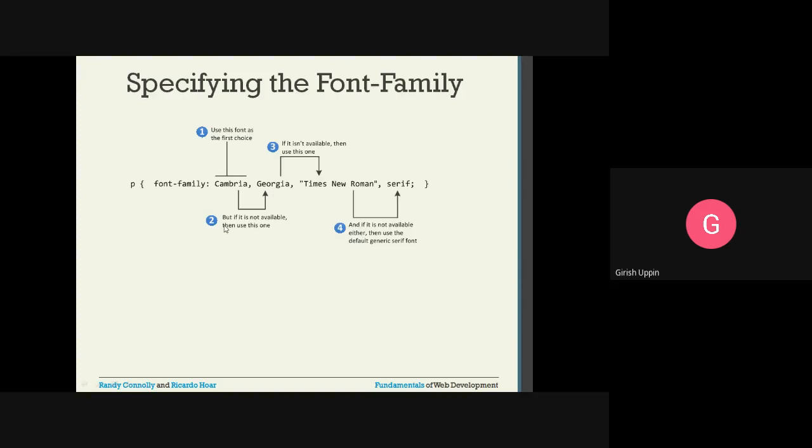So according to the user system, if the user has Cambria, then that particular font will be used. If it is not available on the user's computer, then Georgia will be used. If this is not available, it will use Times New Roman. If it is not available, it will use serif. If that is also not available, some generic serif is the generic font that it will use.